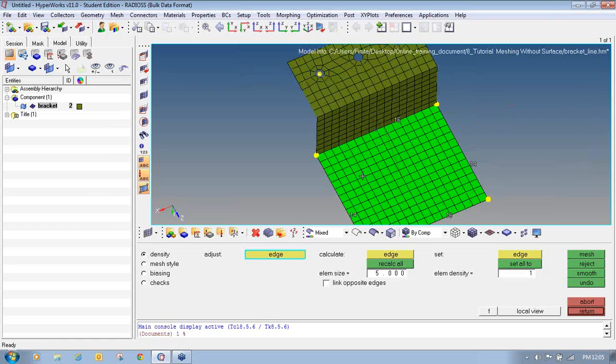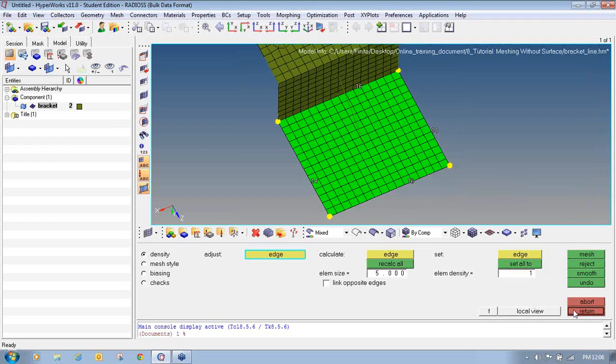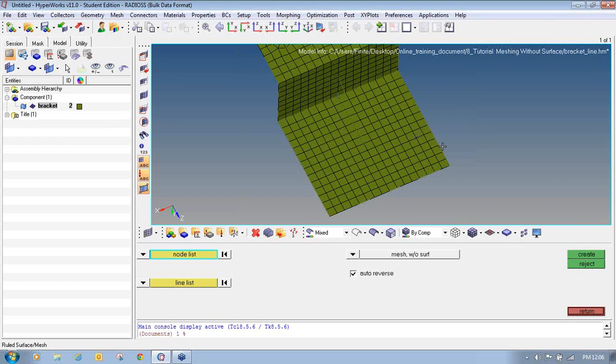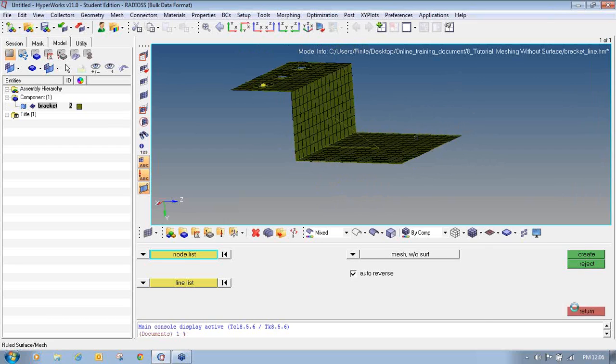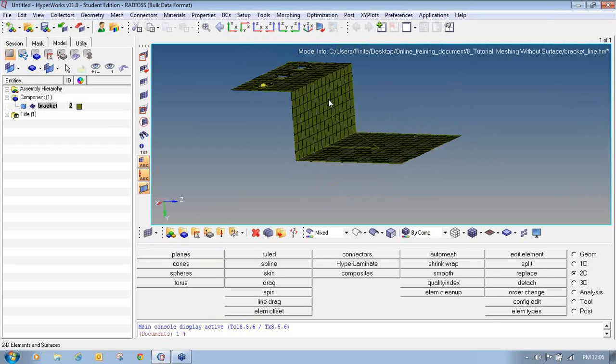So in this way, the ruled option has created 2D elements. Now I will click on return to accept this meshing. Again I will click return to exit the ruled panel.